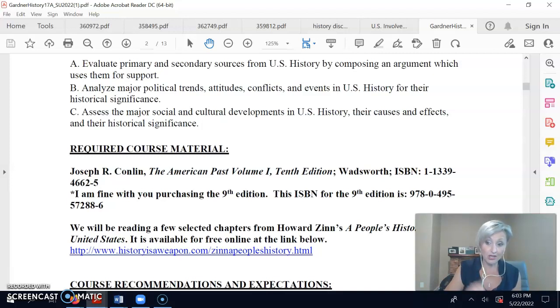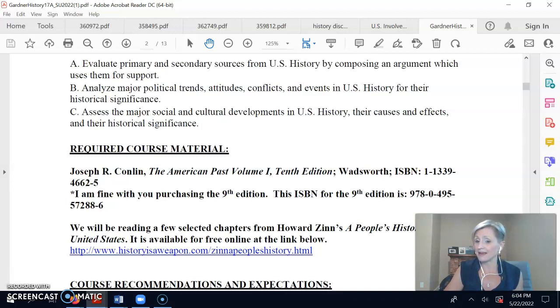Now, you have the option of opting out of that automatic system and buying the books on your own. There are directions on how to do that that were sent to you by the college. You can also find them on the college's website, or you can email me if you're struggling to find the opt-out instructions. If you opt out, you are not charged the $25 per unit, but that does mean you need to go find the book on your own, right?